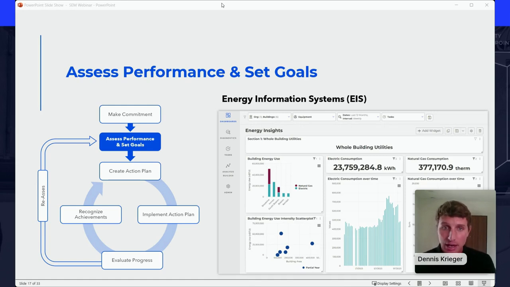So we're going to talk a lot about EIS in terms of these abilities to roll up meter data dynamically and drill into areas across many buildings where you're seeing drift, you're seeing problems emerge because your energy consumption is climbing, right? Now, this type of goal where we're talking about kBTU or kWh kind of makes sense at